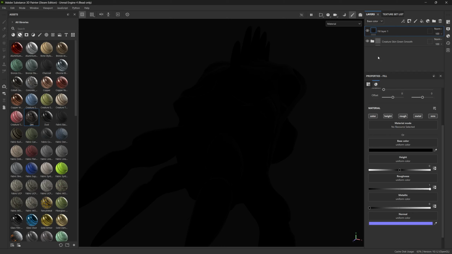Because there's times that surface details and crevices do become darker because of mud buildup or dirt or whatever the case. They don't get as much light. So there's times that you might still do something like this. But we're going to use a smart mask